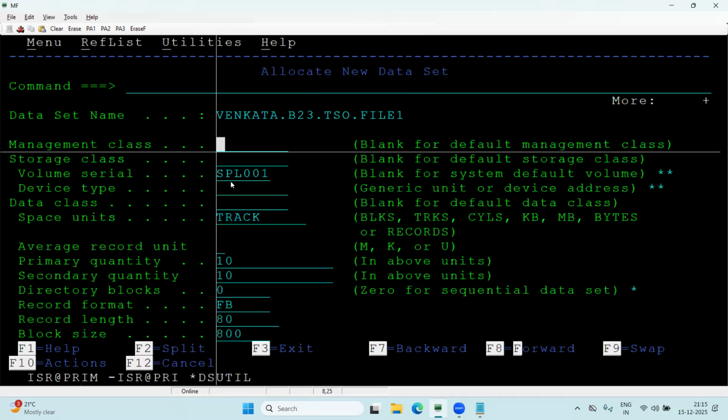Now you can see that we already spent almost 30 minutes in the last session. If you missed the Saturday session, I request you to please go back and try to understand by watching that video. So as I told you, the storage device is DASD, direct